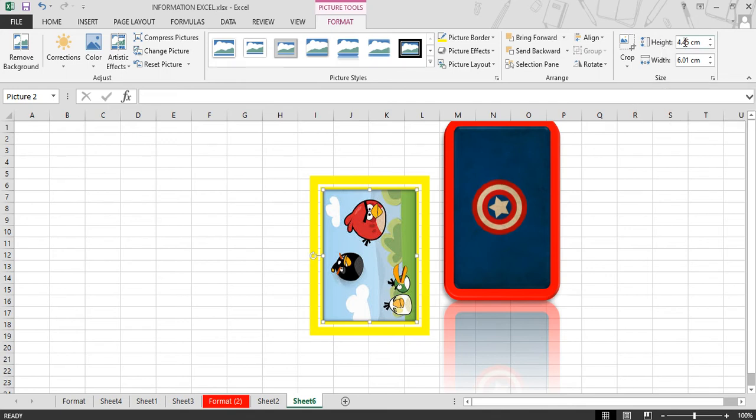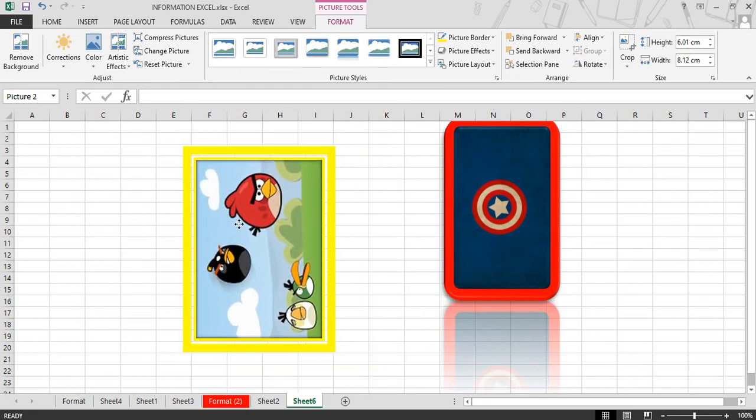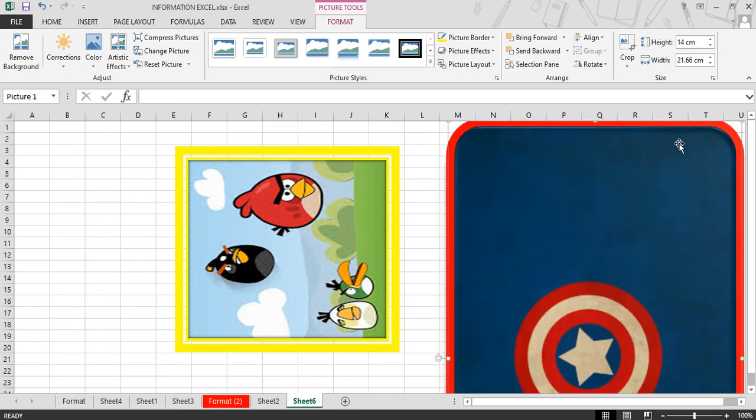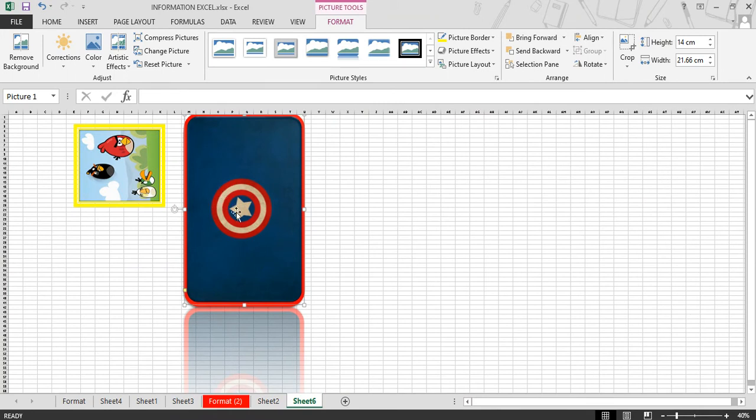Okay, so either you can enter the value here to adjust the height and width of this picture, or you can move your mouse over the corner of the picture and drag your mouse to increase the size of your picture. So this is with the help of the mouse. If you want to enter some value, select that picture, enter the value like 14 centimeter height, so it is changed according to the height. So in this way you can modify your picture after inserting it in your document.